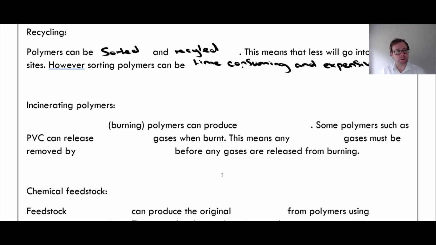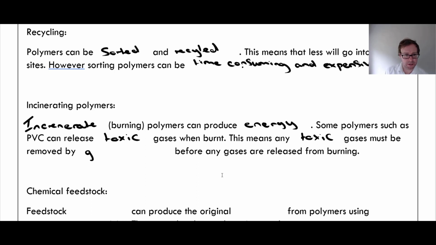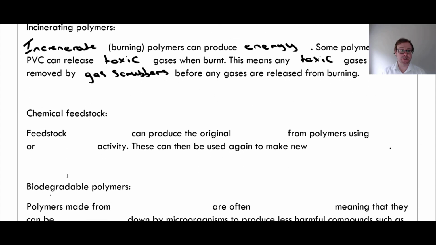Okay, so one way to get rid of polymers is to incinerate them, so incinerating polymers. So incinerate, which just means burning, can produce energy. However, some polymers such as PVC can release toxic gases when burnt. This means any toxic gases must be removed by something called gas scrubbers before any gases are released from burning. And again, I'm not going to go into too much detail about this, it's just something that you need to remember. Chemical feedstock. So feedstock recycling